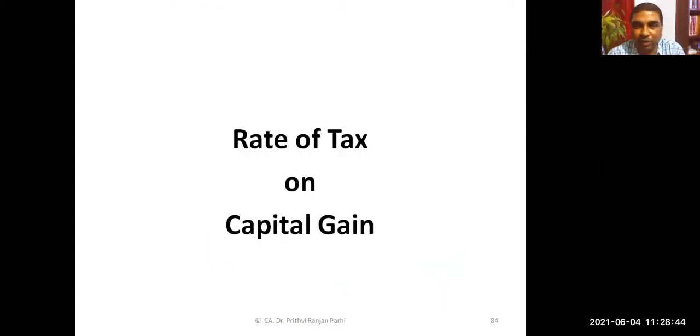But what we are going to learn today is a little more important than that. It is about the rate of tax. You already know capital gains are chargeable at different rates of tax. We first need to know what is long-term capital gain and what is short-term capital gain. The tax rates applicable are different, and there lie many elements of tax planning. If you classify a transfer as a particular type, say, if you can convert an asset from short-term to long-term, then there may be some tax saving. So let us learn those concepts.